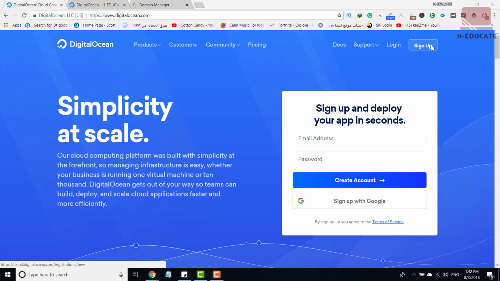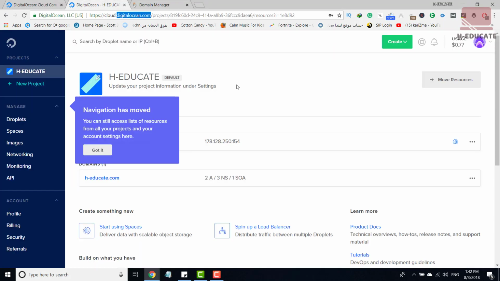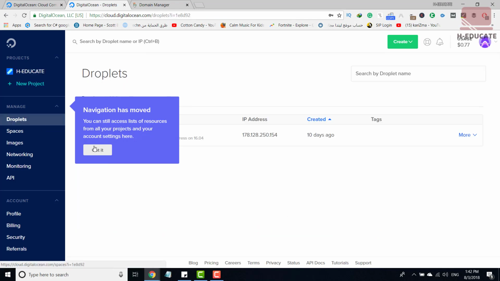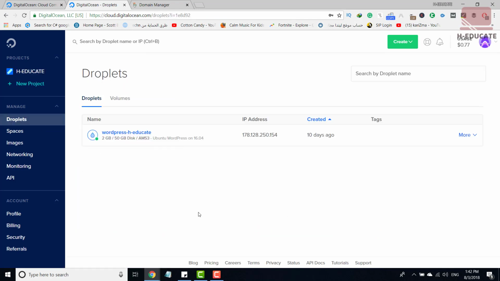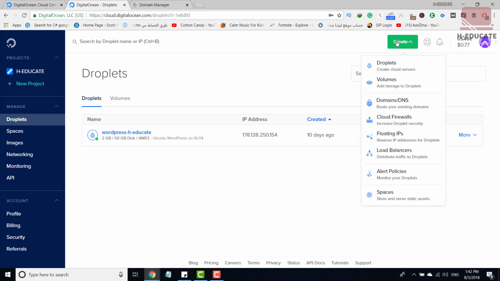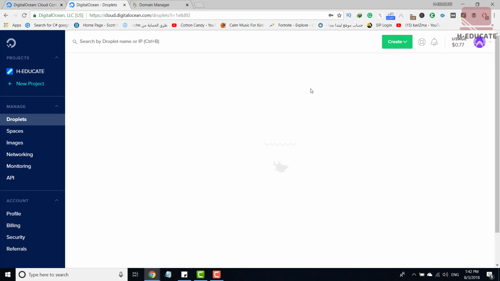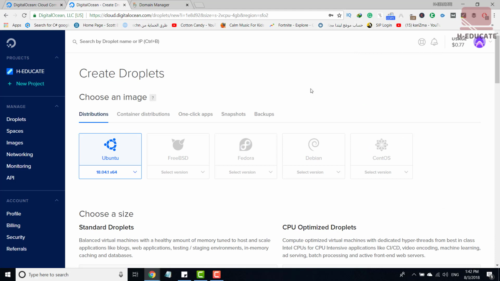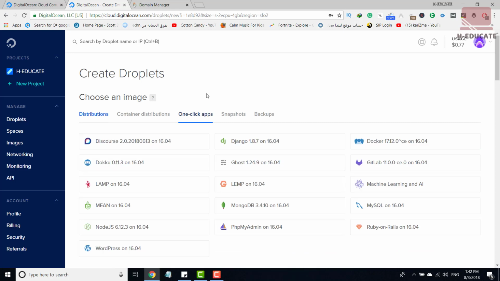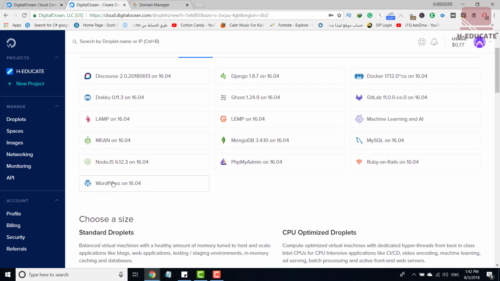I will skip it. After you log in, you have to navigate to droplets, and let's now create a new droplet. Just click here on create and click on droplets to create a new machine or a new droplet as DigitalOcean's name it. Here, navigate to one-click apps and you'll find WordPress under this list. Just click on it